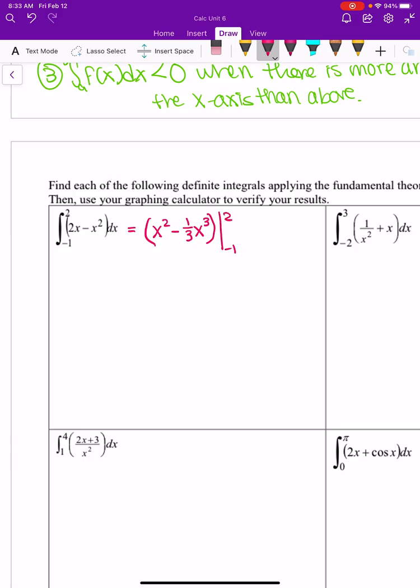I'd like you to be very conscientious of your notation, making sure that when you take the antiderivative, that's when you drop the integral sign, and making sure that you indicate the bounds that you're evaluating this on. As these problems get more and more complex, it's going to be important that we really keep track of what we're doing. Now that we found the antiderivative, we can apply the fundamental theorem of calculus by plugging in the upper bound, which is 2, minus the lower bound,